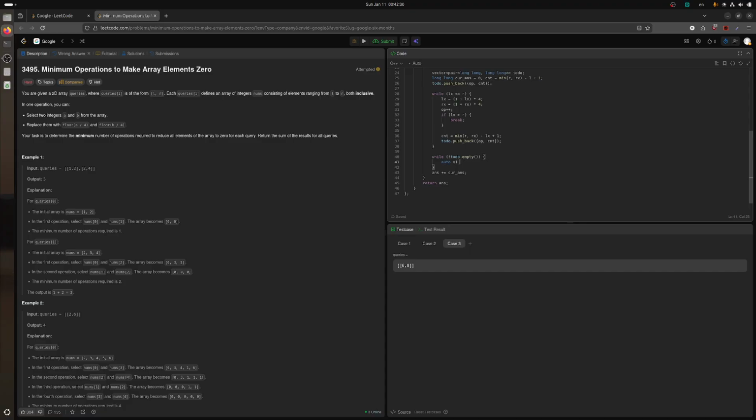Let's call it x. To do back, to do pop back, and now if x count is second, so I remove all of them. So if x,